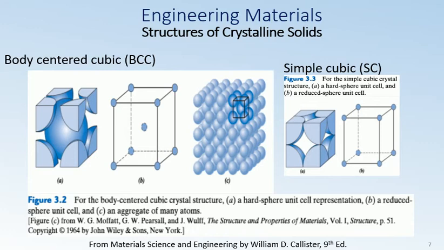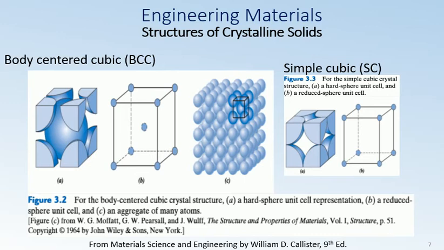As shown in figure 3.2a, a hard sphere unit cell representation shows you how atoms are arranged in this body-centered cubic, in which one atom is completely inside the unit cell. The reduced sphere model shows this more prominently, where you can see that one atom is completely inside and other atoms are just surrounded. Please do not confuse, and do not